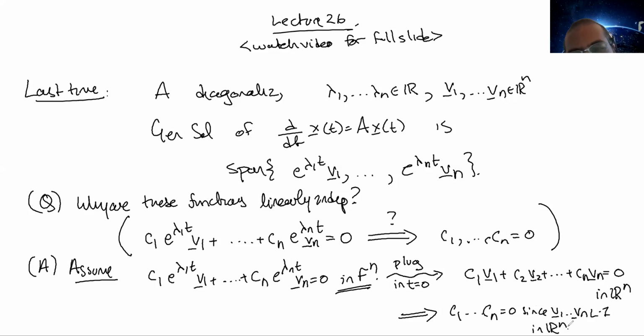Okay. So it's actually quite simple, but it requires this important and subtle idea, which is that functions being linearly independent is not the same thing as the vectors being linearly independent when you plug things in. But one of the implications is true, right? That if the functions were linearly dependent,